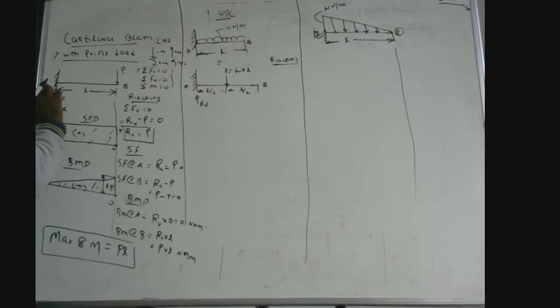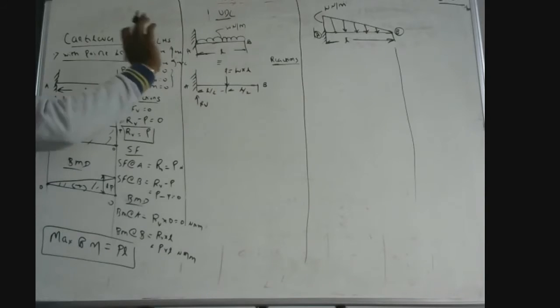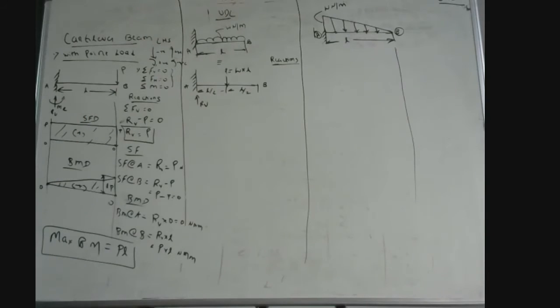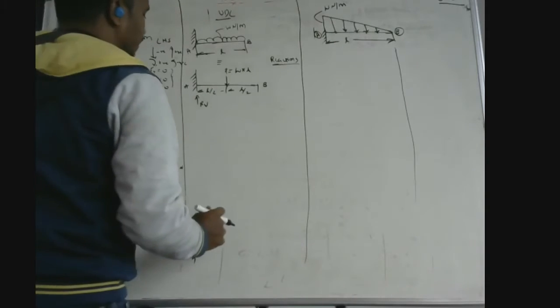But when you calculate from left to right, you must calculate the R. That is the reason. But we'll avoid the confusion. We'll take up left to right only for all types of things. Only one step is increased. We added that, that is reactions only. That is not a problem. We can calculate.